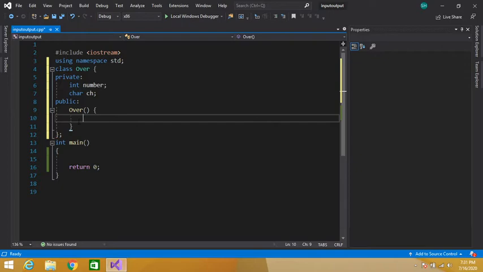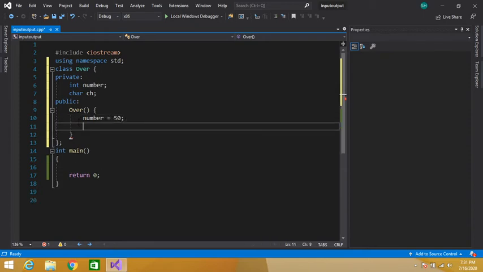Constructors are used to initialize our data members, so we can initialize them here. Number is equal to 50 and our character is equal to, let's say, x.